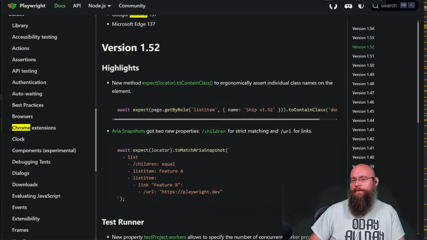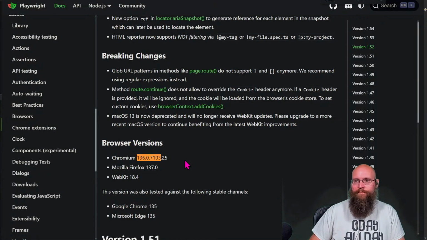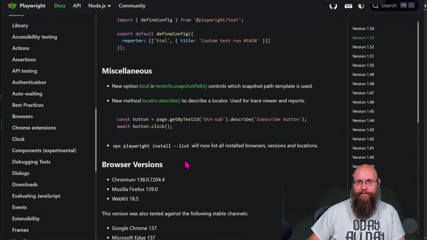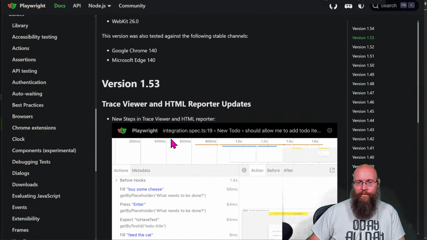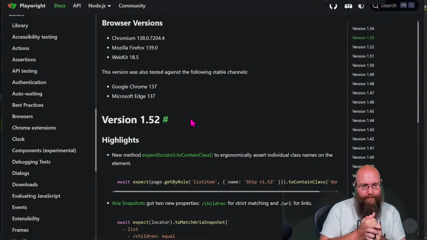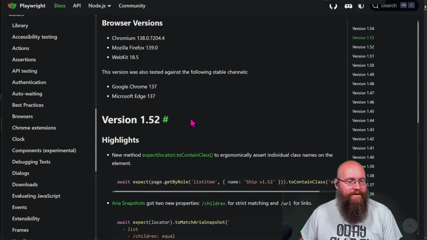Let me go look at something real quick. Which version? So 152 is locked to Chromium 136.0.7. So I bet 153, that goes to 137. I bet that's what will break it. Yeah, so pyproject, it's kind of like replaced what the old requirements.txt used to be.